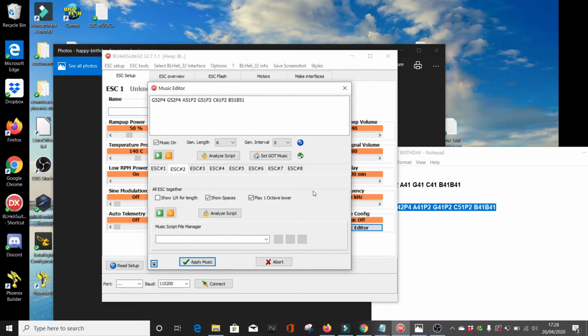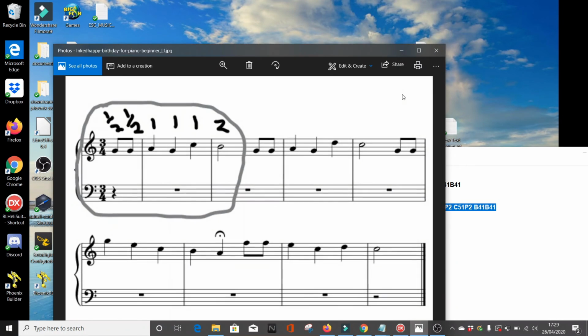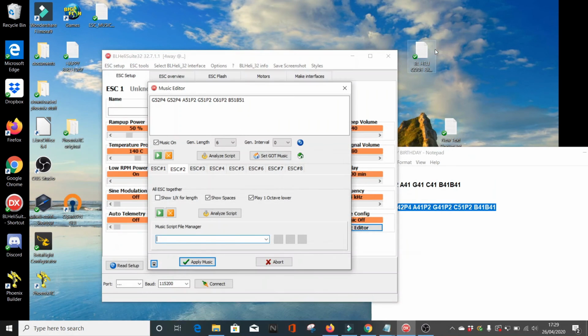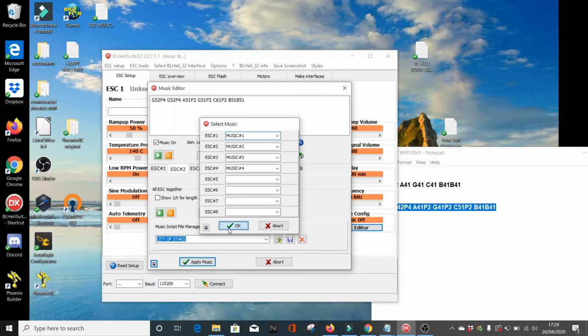Have a look at some music. Once you get to the stage where you can start to separate the right hand and the left hand on a piece of music, and like take for example, nope, not the happy birthday one, David, get rid of that. I got the sheet music out for City of Stars from La La Land, because it was just a tune that I had in my head, and I split up the two parts of it. So how that looks, if I just import that in,